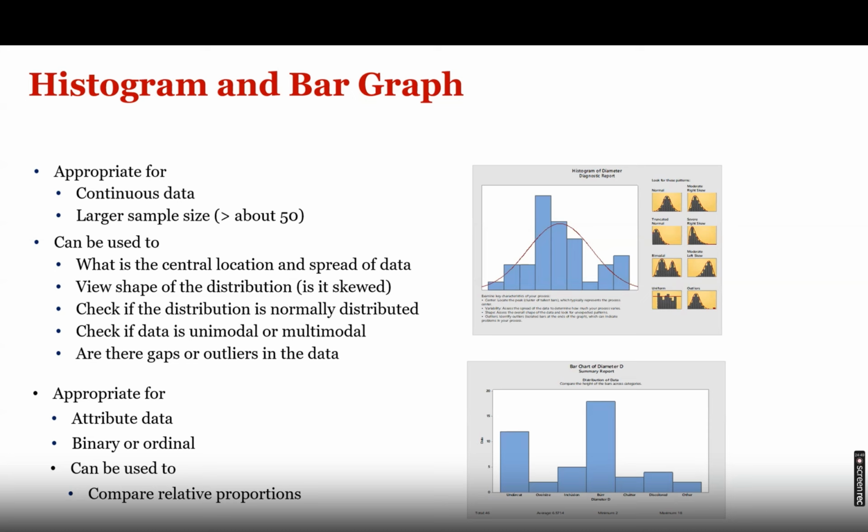For each bar, it shows the frequency distribution: between 0 to 15 how many, 16 to 30 how many, 31 to 40 how many, 41 to 50 how many. These are called frequency distribution. Unlike that, a bar chart is done with discrete data, and each bar ideally shows the exact number. Like over here, as you can see, how many are undercut, how many are oversized, like this.